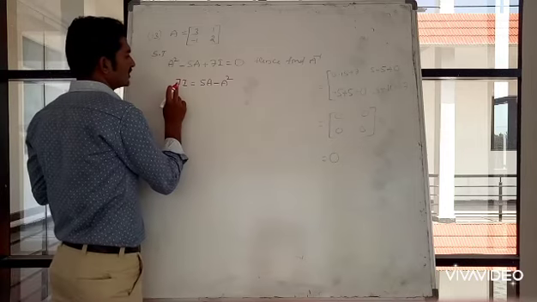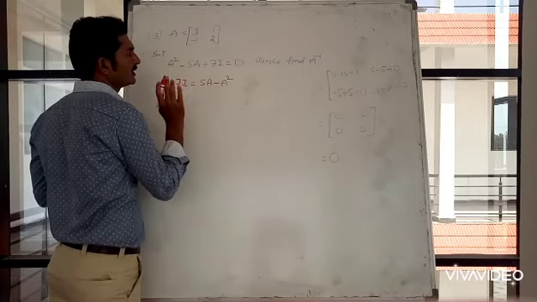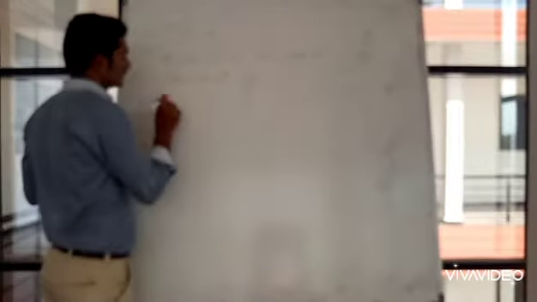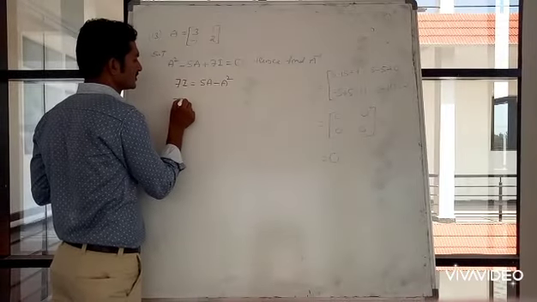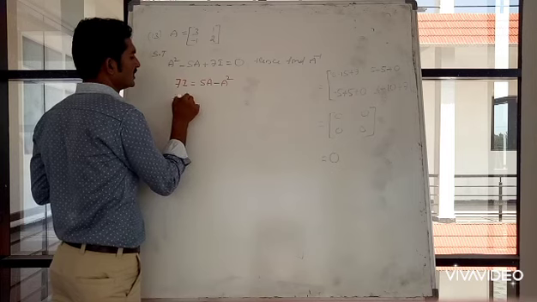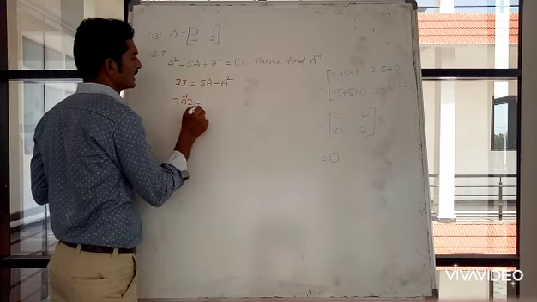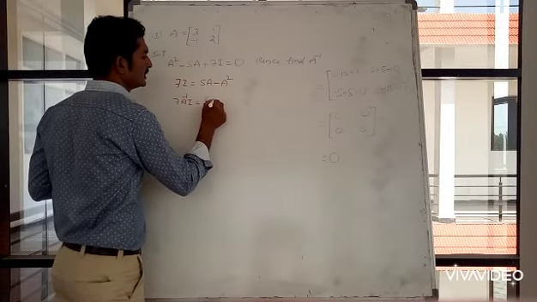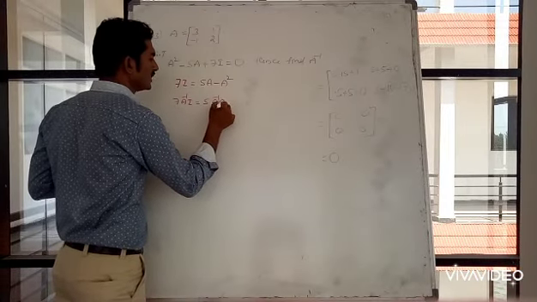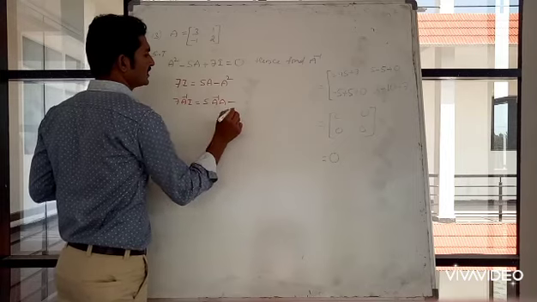Next, 7I, but we require A inverse. Multiplying by A inverse, pre-multiplication. A inverse into I is equal to 5 into A inverse into A, minus,